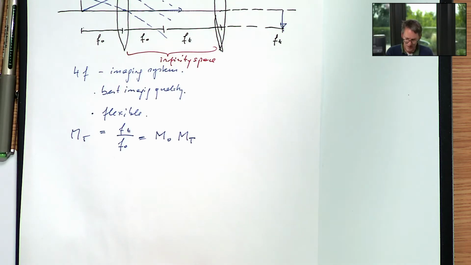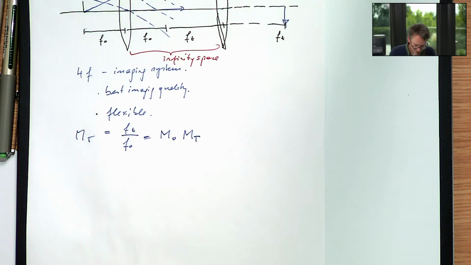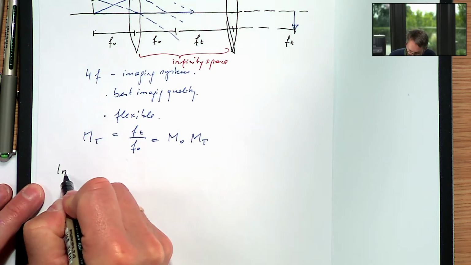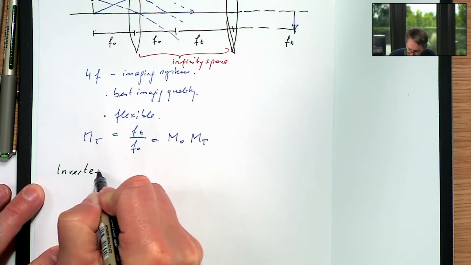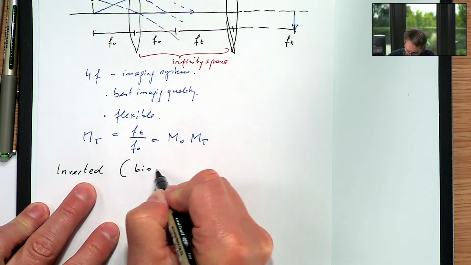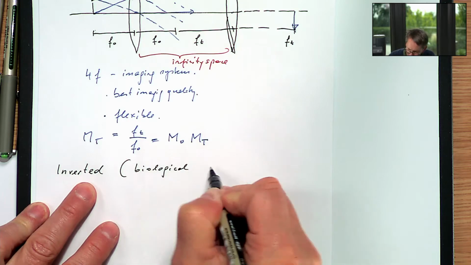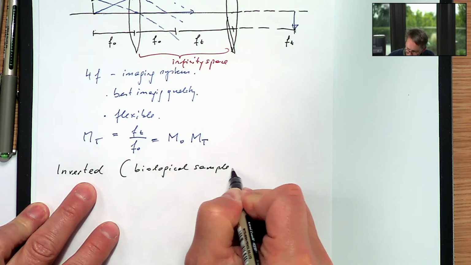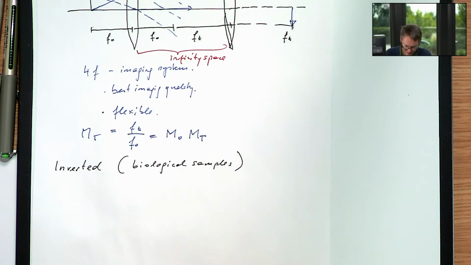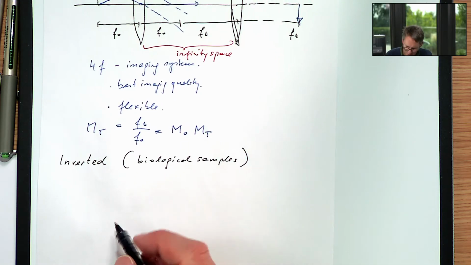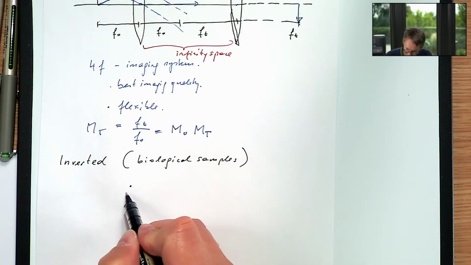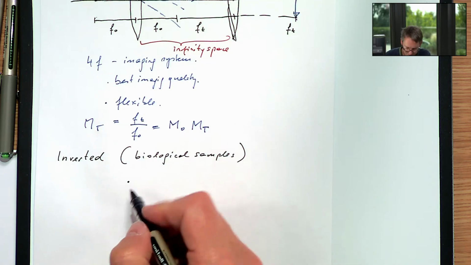So the first one is the so-called inverted microscope. And this is the microscope that is preferred by biologists, for biological samples. So the way that this works is that, let's suppose I have a light source, a source here, the